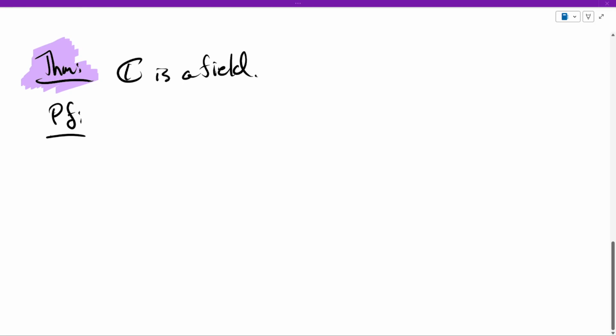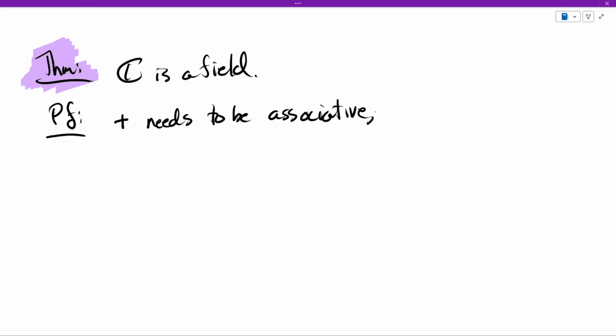Okay, we're going to prove that C is a field. So what does it mean to be a field? Well, the addition that we defined previously needs to be associative, commutative, needs to have identity,